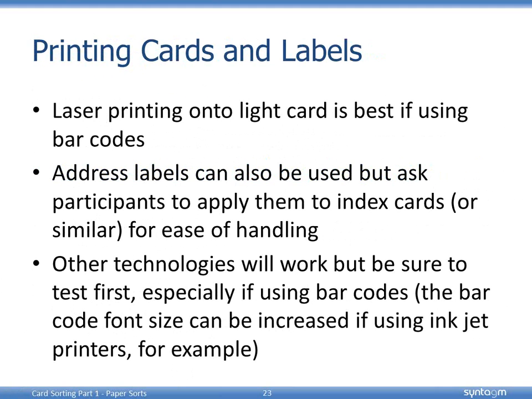Generally speaking, particularly these days, most offices have laser printers and you print onto light card. It's a bit easier to handle. If you don't want to use light card or your printer is a bit limited in that respect, you could do it onto paper, but possibly not as easy from a participant point of view. Address labels are a good alternative. They're very cheap. You can get lots on a sheet, and you just get your participants to stick them onto 3 by 5 inch index cards, or in Europe, A6 size approximately